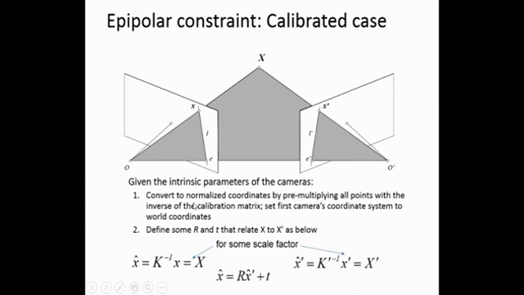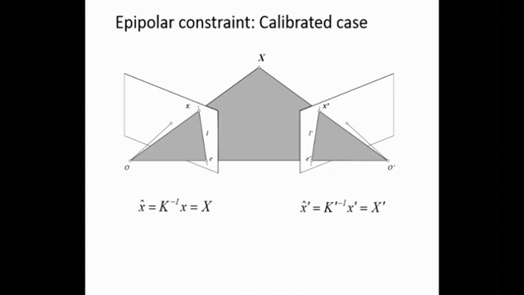So we want to solve for some R and T that relate x hat prime to x hat, which are the normalized 2D coordinates, or the rays going through the corresponding pixels. So we have some R and T such that